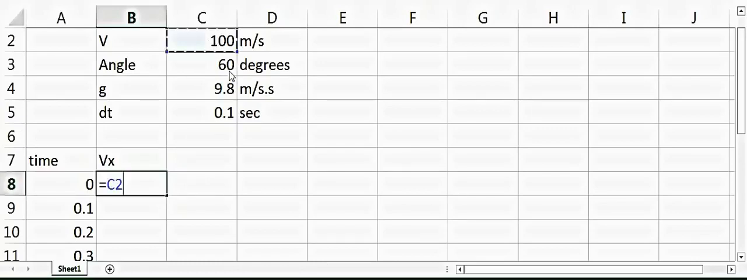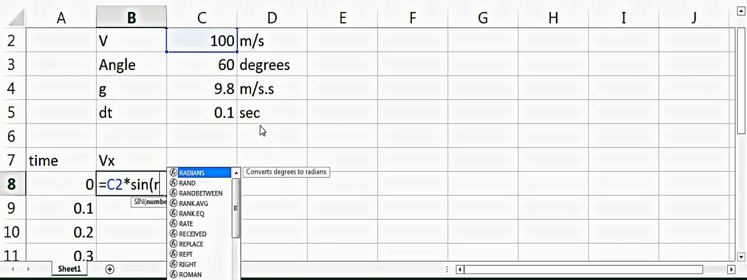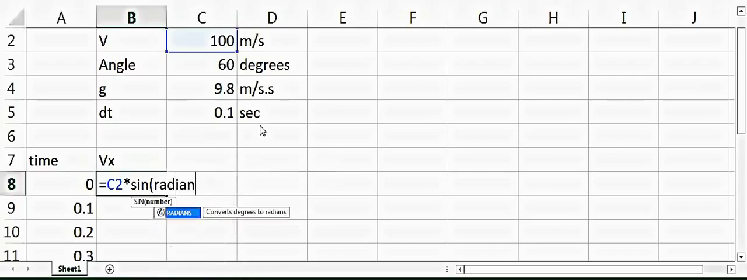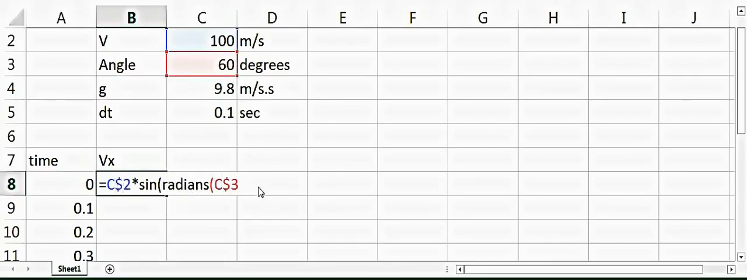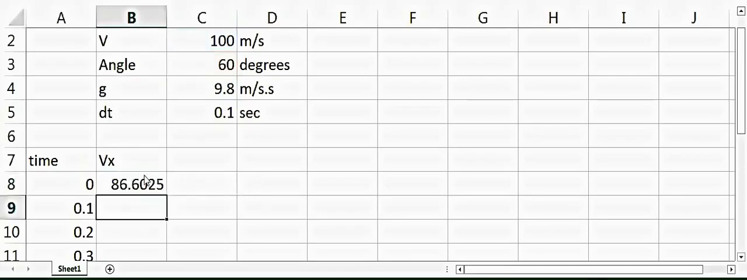velocity multiplied by sine of the angle at which we have thrown the ball. Because this is Excel, we have to convert the angle into radians first. So I'll say radians, and then I'll click on 60 degrees, and I put a dollar sign here and here. So it says that the velocity in x direction should be 86.60 meters per second, and the velocity in y